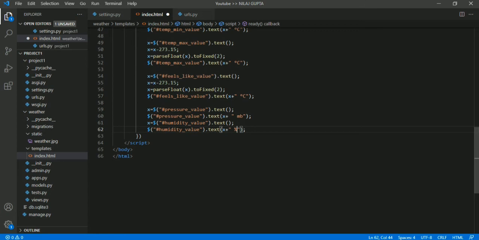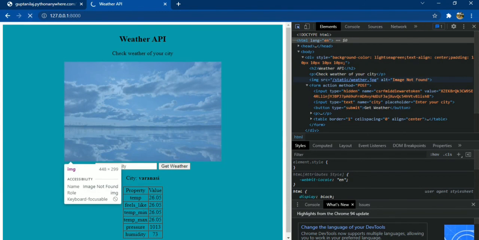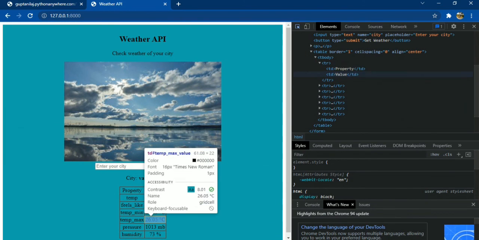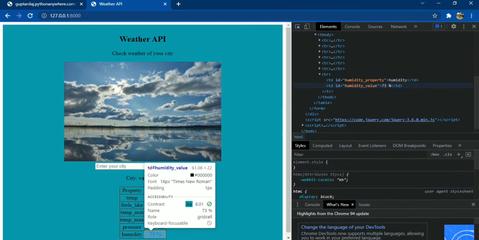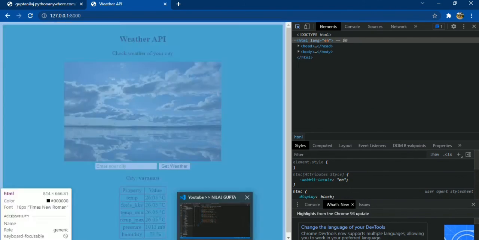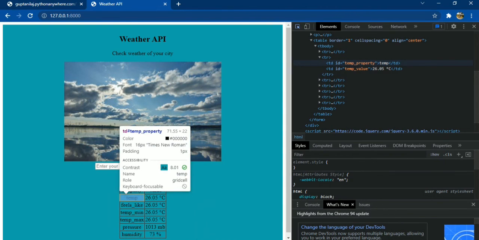The values are now completed. Now I will show you all the values are formatted. See, all the data is showing in degrees Celsius, and pressure and humidity are in MB and percentage respectively. And now let's change the property names.